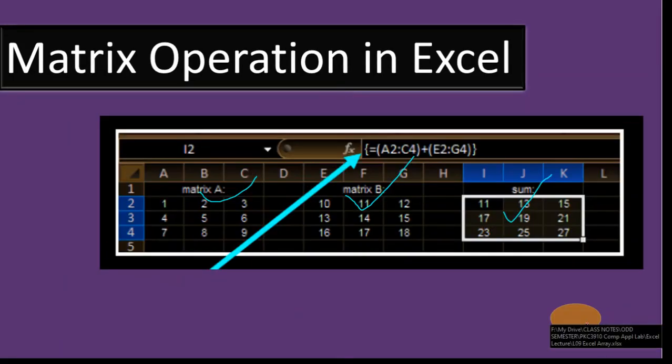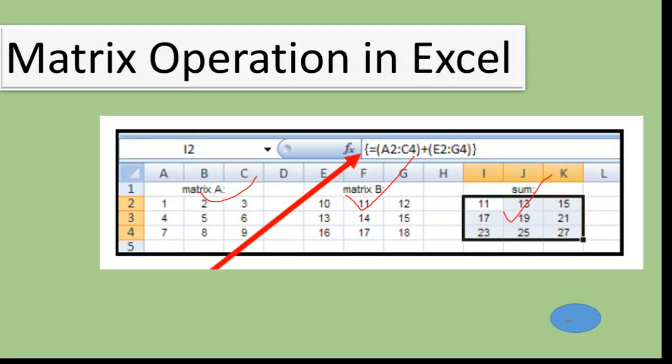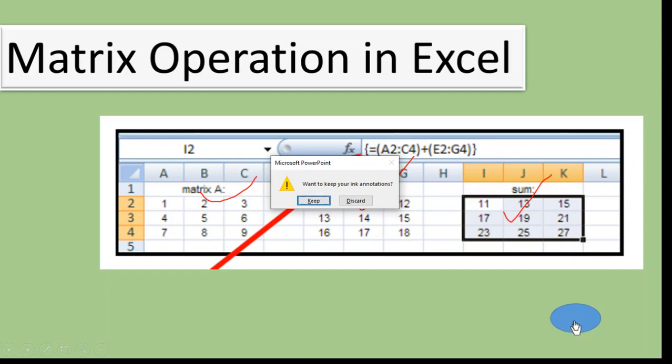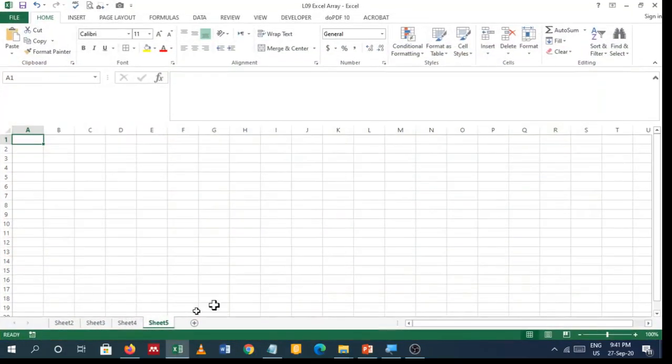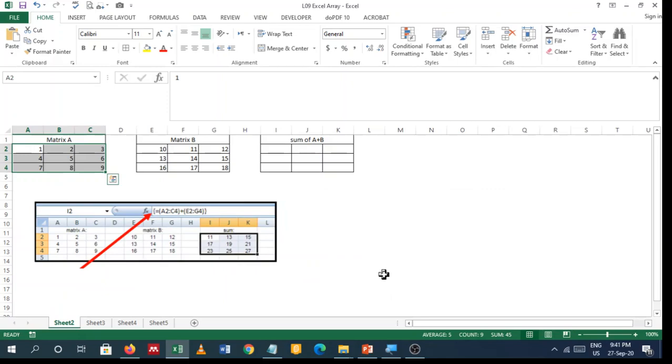So let us take all these examples here. I'm now going to open the Excel so that you can use it. So this is the Excel where you are going to work. I'm talking about adding these two matrices, matrix A and matrix B. How can we do it?